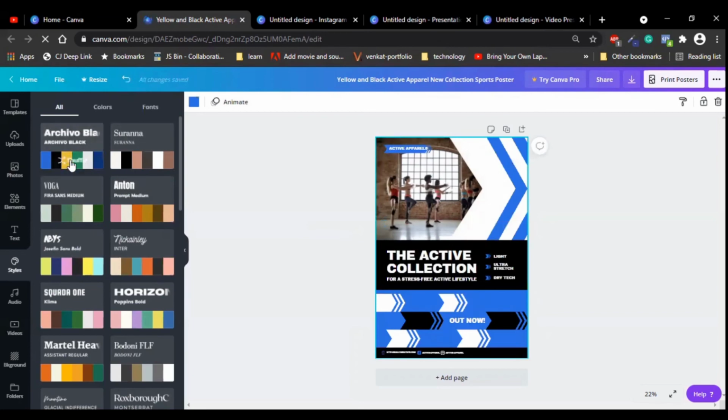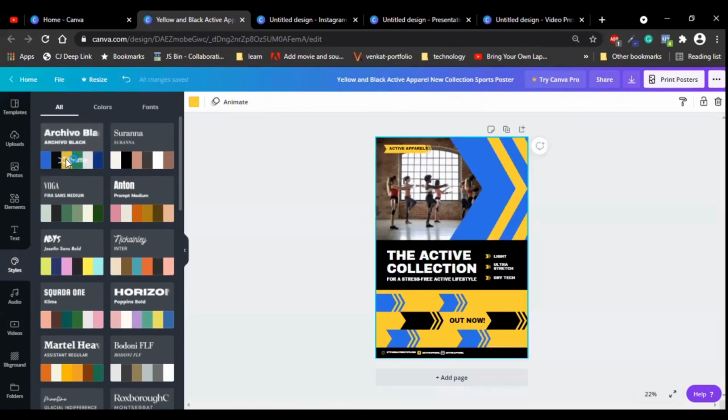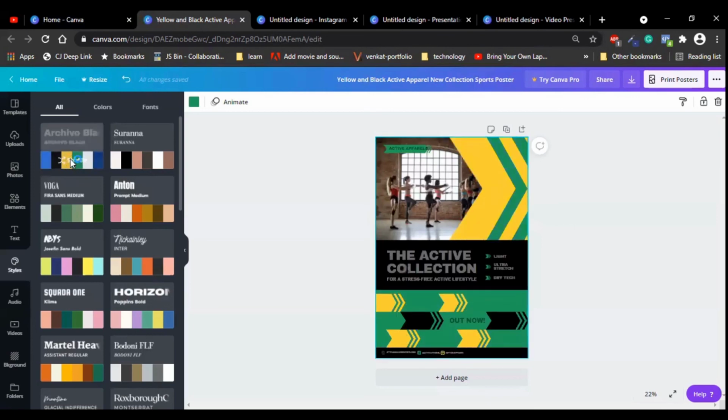So you can also shuffle through the colors here. First it will be one color, next it will go to another color, with 5 or 6 colors available here. It will automatically shuffle through the colors selected from this style option. So you can easily design with some colors using the font icons also.